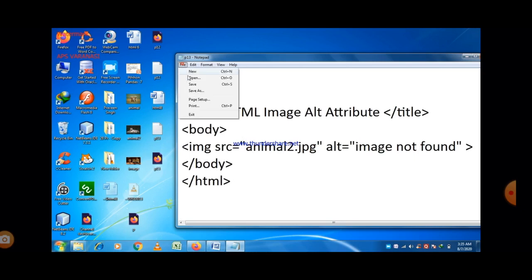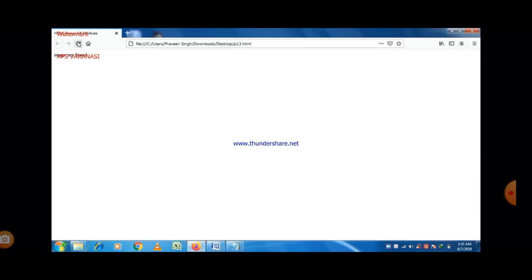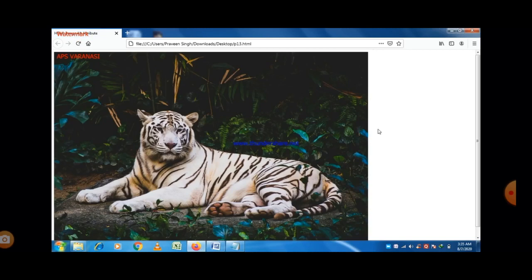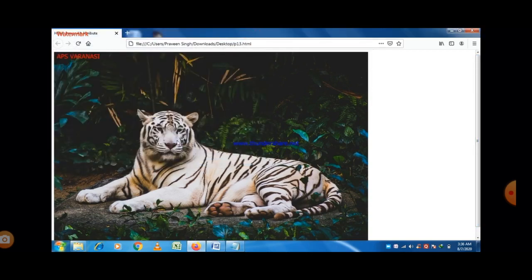So here, save the program first, and the name of the file is jpg, not jpeg. Now you can easily see that the image is there. You can check the properties of the image, what the extension and the type of the file are, and you can just put that type in the web page, and the image will be printed. You can see this is the image here, an image of a tiger.